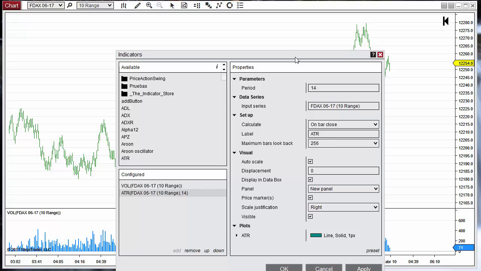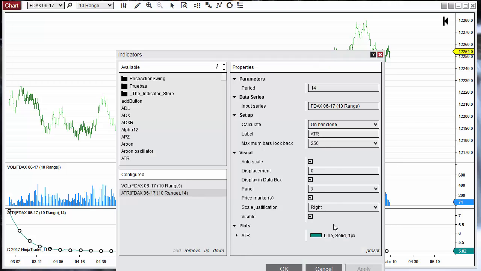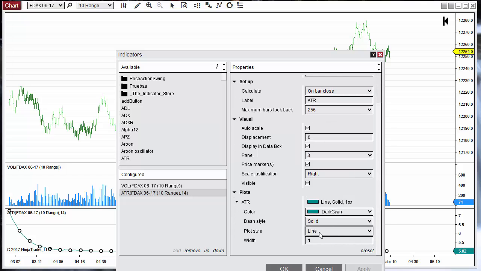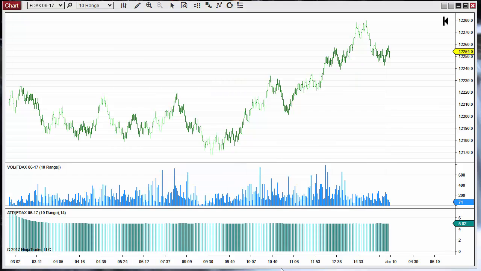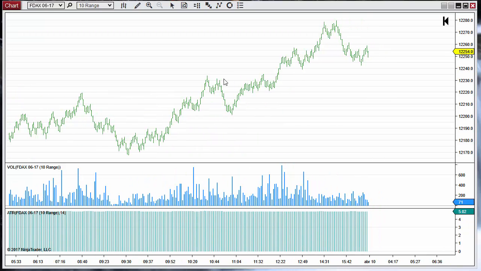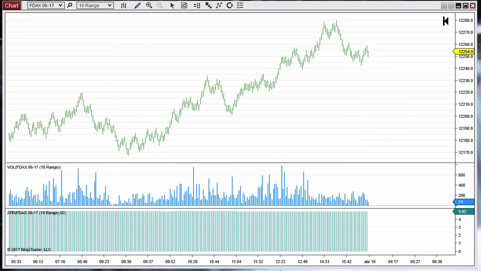The volatility is proportional to the ATR. If we add an ATR in histogram format or bar format, we can see that it is constant near 5 points, because all the bars have 5 points in the ATR. If we change the period of the ATR, there is no change, because the ATR is constant on this bar